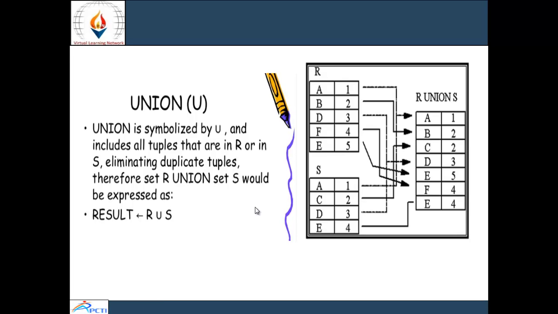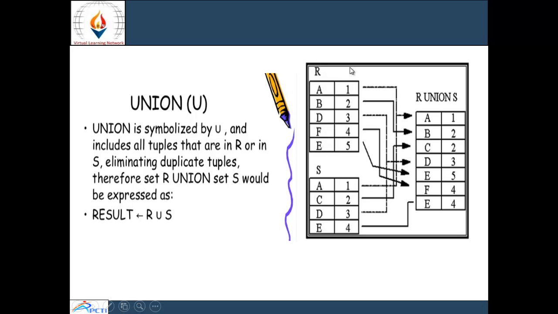Next is union. Union is denoted by the symbol U, and it includes all the tuples that are in R or in S, eliminating duplicate values. For example, in this table R and this table S, there are a total of 9 values.